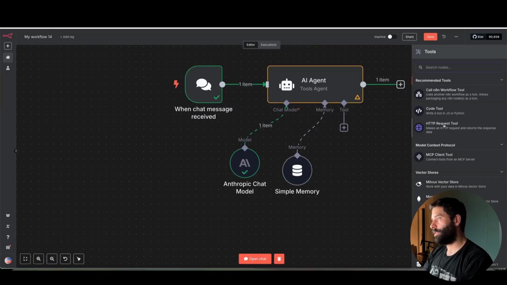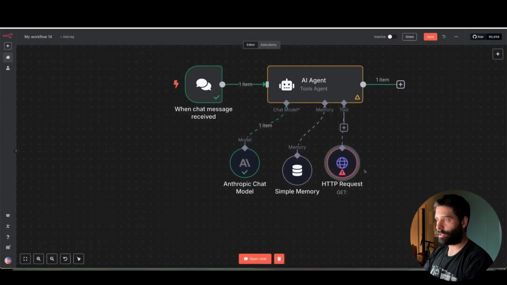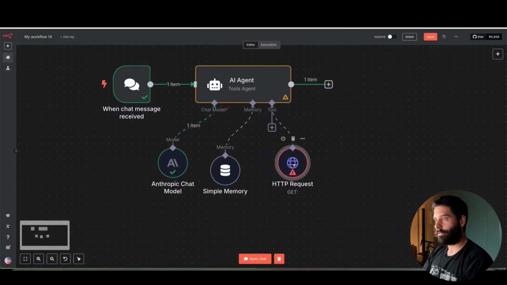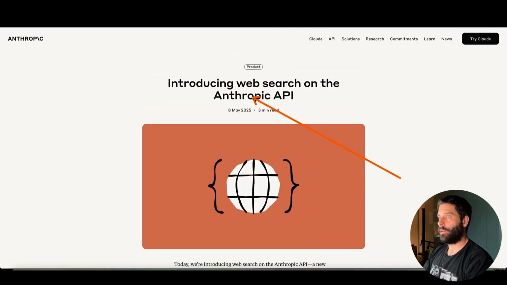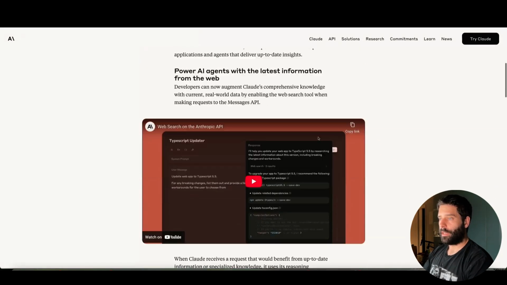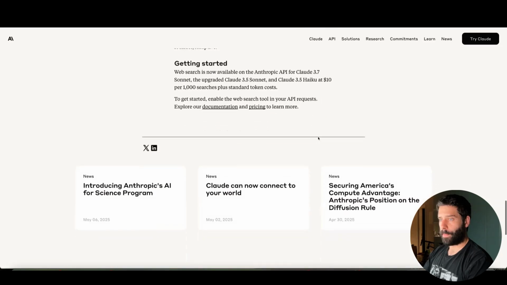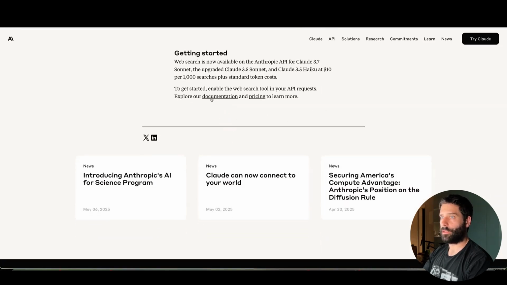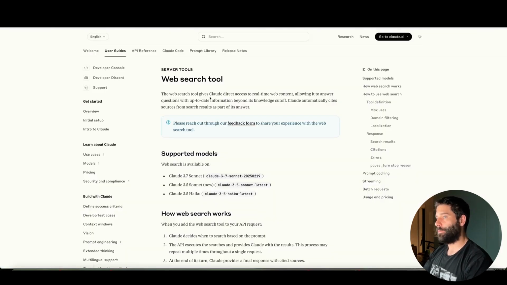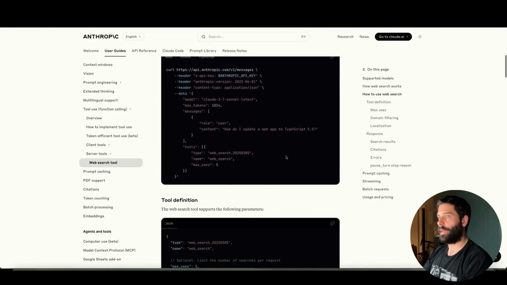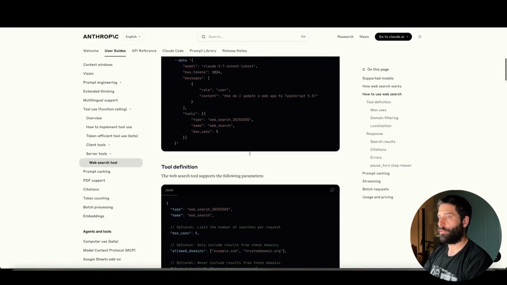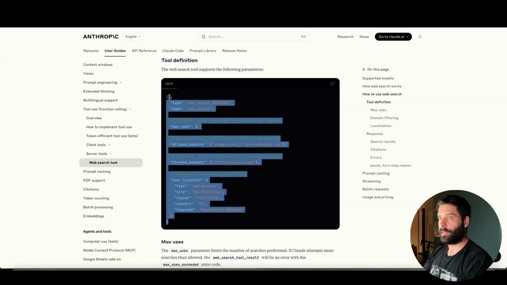So I'm going to go on HTTP request tool, and actually, as of the most recent update for n8n, the HTTP request tool has slightly changed in how you configure it. So what we want to do is actually go ahead to the Anthropic article, which is about introducing the web search on the API. And if we scroll all the way to the very bottom, we have this little link to the documentation, and that's going to take us to the API documentation. Here on this page, you can scroll through and you have all the information about how to set up the API call, which is what we're going to be using in a second, some other parameters for the API call,